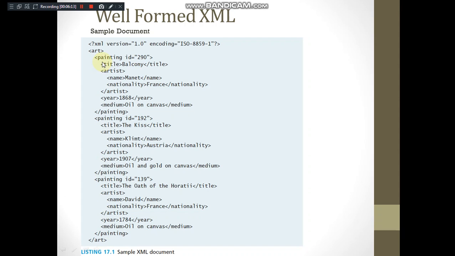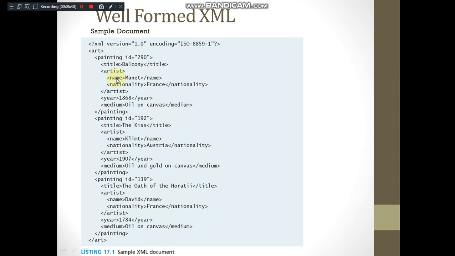So we have certain elements created, like a painting with its attribute ID. As you can observe, every attribute must be quoted, so this 290 is kept in quotes. It also has one more tag, title, then it has artist as a tag, right? It has a block tag in which several other tags are enclosed.